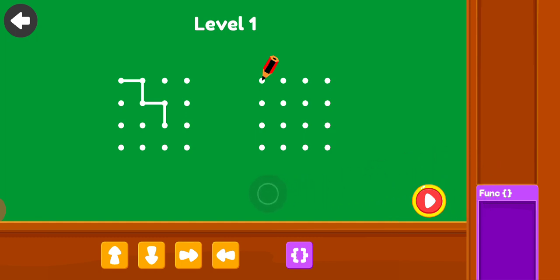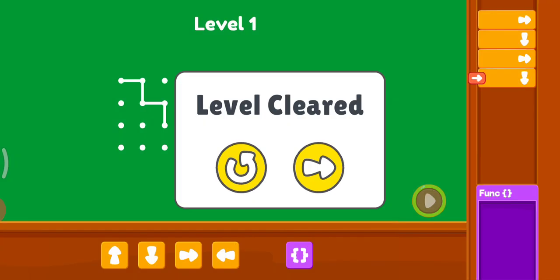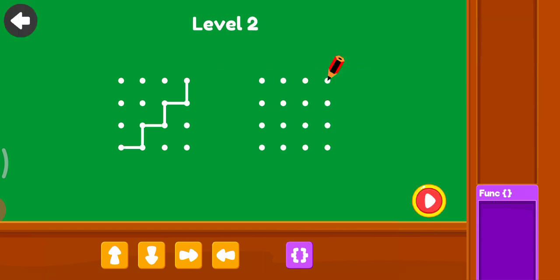Come, let's see now. So I am going to take to the right side. So click on right. Then I am going to click on the down button. Again I am going to take right. Then again I am coming down. Once you complete, click on the play button, children. Get to see the output. Is that clear? When you complete level 1 without mistake, you are allowed to move to level 2. Just click level 2.